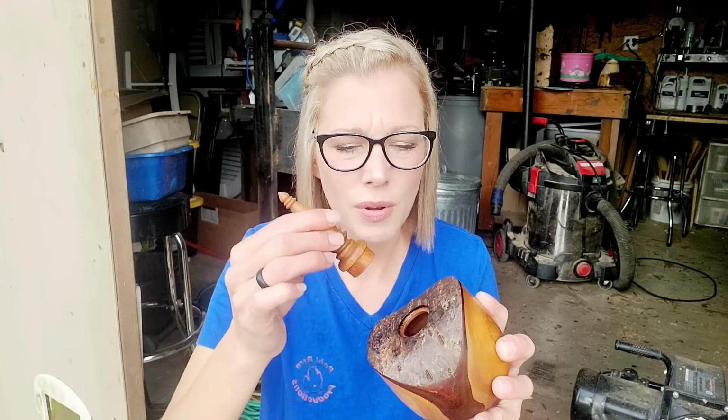Anywho, in the video I had made, it was really tight fit, and this still is kind of a tight fit, but I took sandpaper and just lightly sanded in here so that way it would not be so snug, because I can't really mount